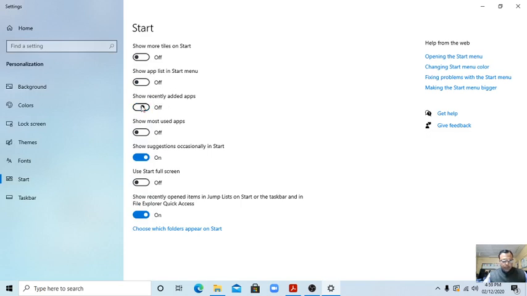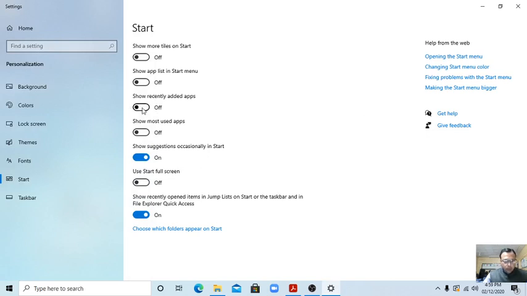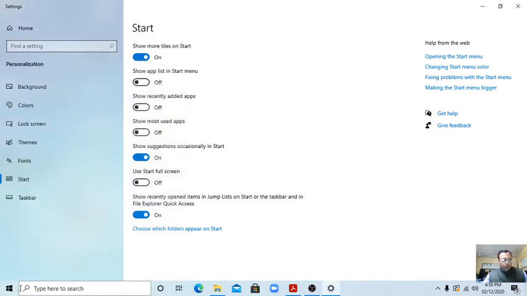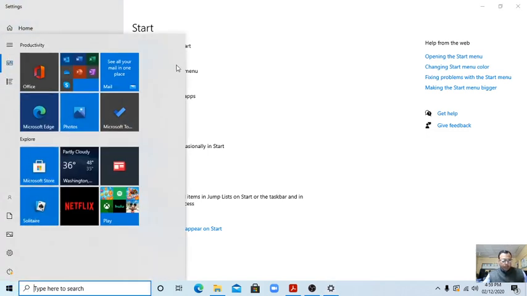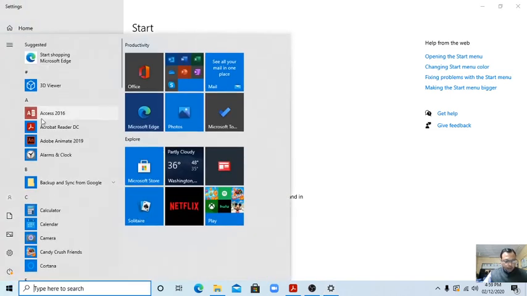So recently added apps I am turning off, I am not opening them, so that they are not shown. But more tiles on start, more tiles. If you have saved more apps, it will show them. Only this app is saved here, so it is not showing more apps. If you save more tiles, more apps, it will show more tiles, more apps. So app list in start menu, students.